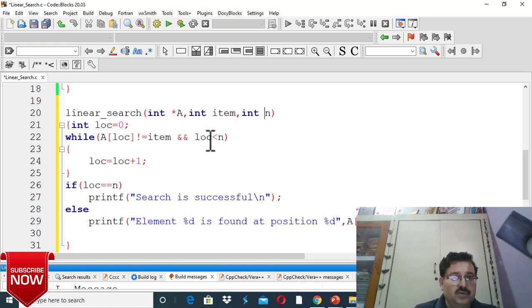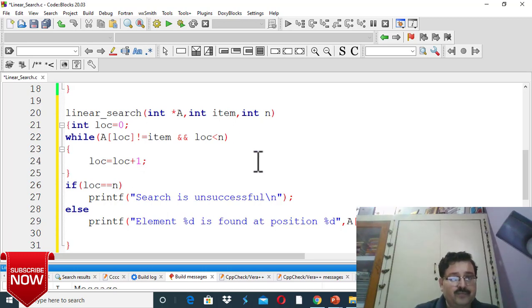Suppose n is 10, it will execute from 0 to 9, so that will execute 10 times. If this limit crosses and loc becomes n, it means search is unsuccessful because the element is not there.